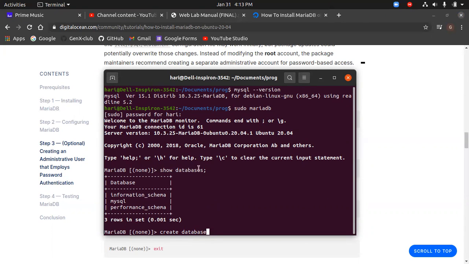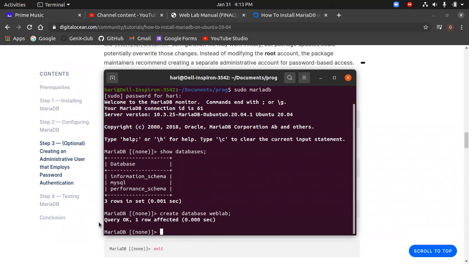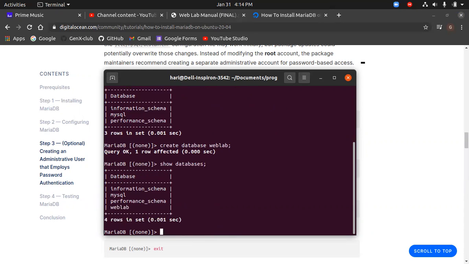We use databases here, but we have to use database here, and then just write the database name and end it with a semicolon. Press enter. You should see something: Query OK, one row affected.